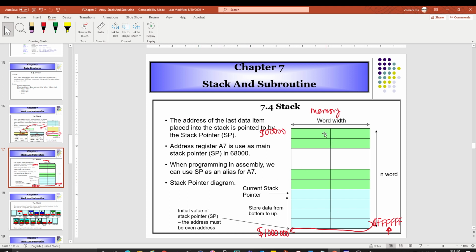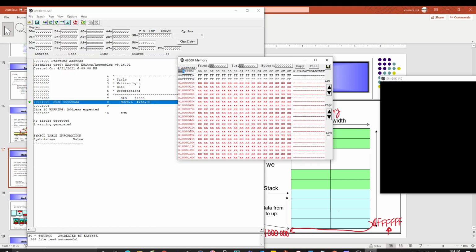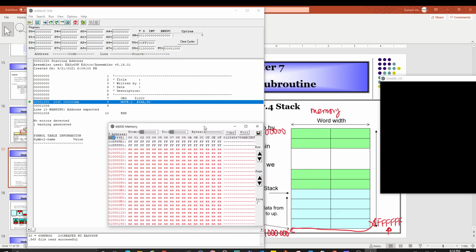So this will be your stack pointer diagram. The stack I showed you just now from the memory is the same thing. This is another version of how you see a memory. This is your memory map. It starts from 1 million over here, and this is going to be FFFFF. So once you put something here, your stack pointer will be changed accordingly, decreasing the number based on the size of the data that you push in or pop out. Okay,